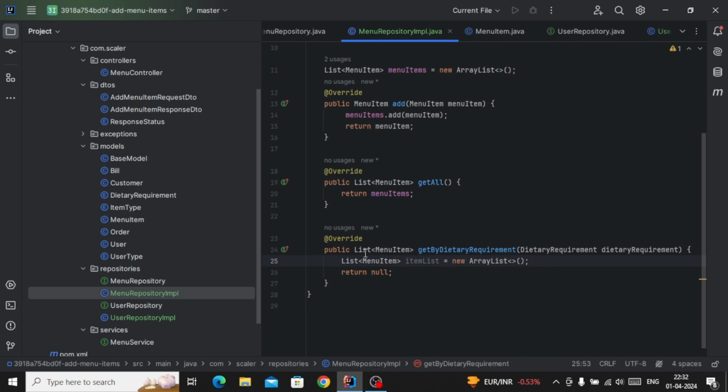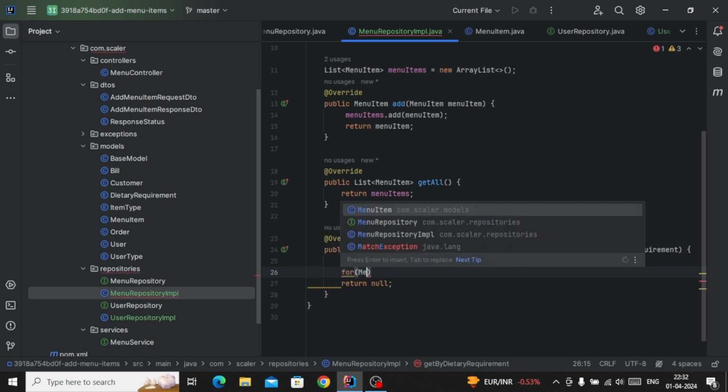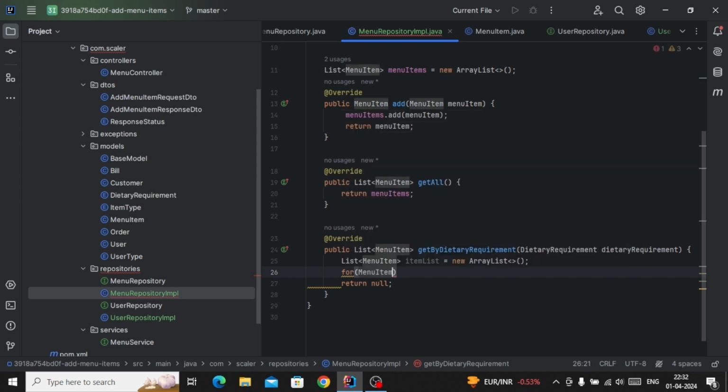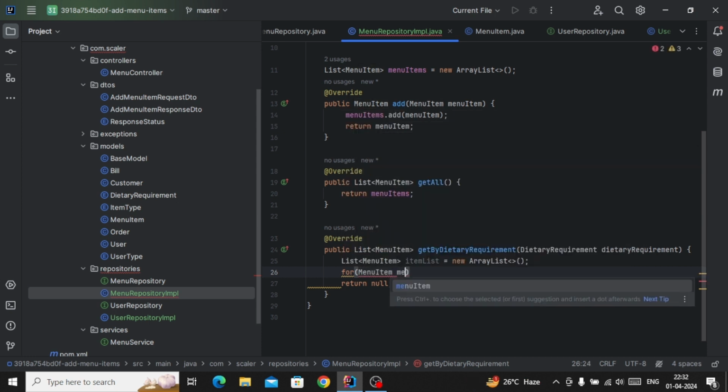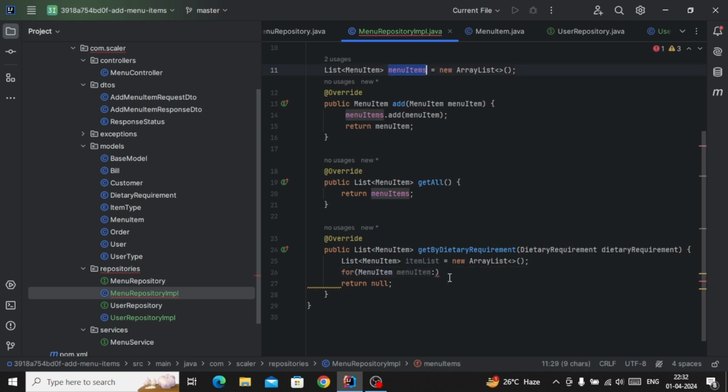Okay, so now we have defined the list here, and now we have to filter the items and return them. So simply we will use a for-each loop here, for, and what we require is the menu item type. We have to define the item type, then we will write MenuItem, then colon, and we will take this list. So it will iterate from here and assign every menu item inside of this, and in the curly braces we will check